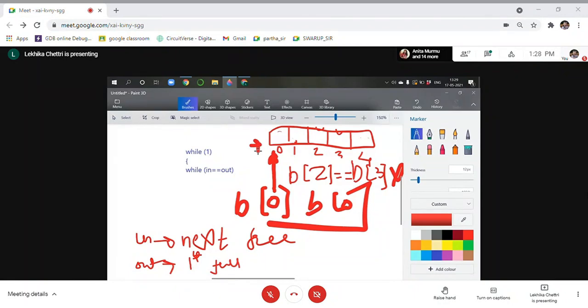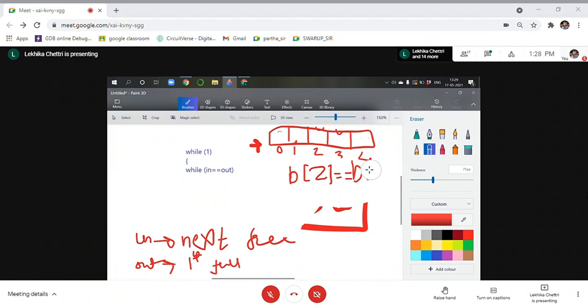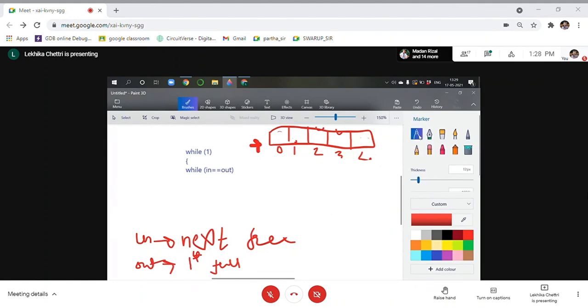Okay, so that was what I was explaining. Now the producer problem I have explained. Now let me explain the consumer problem. In the producer, I told you, you have to check the overflow condition. That means you will have to check that this is the last location and you don't try to fill here in this location, because there is no such location.